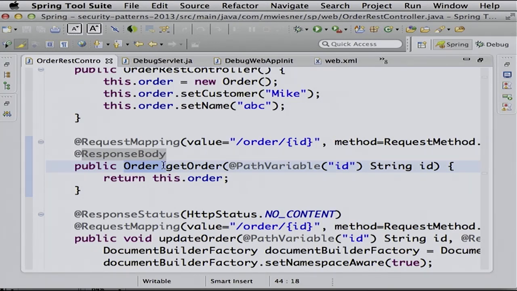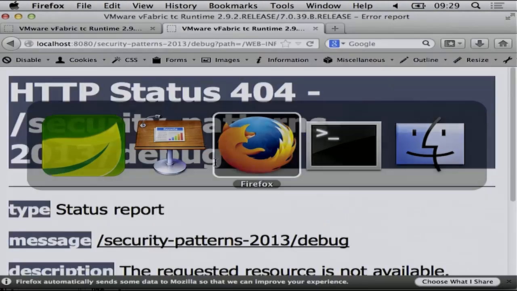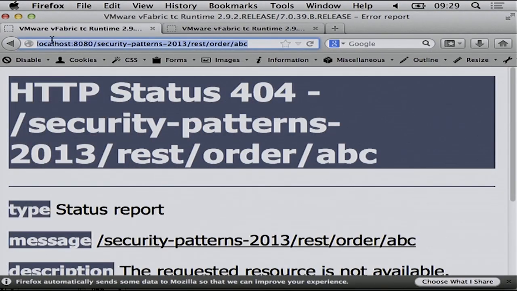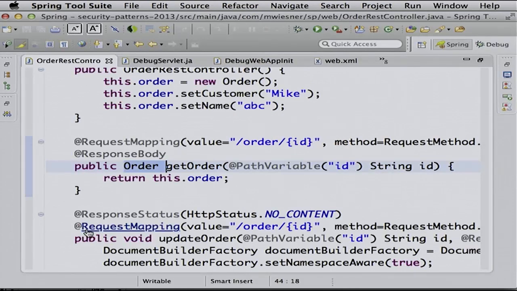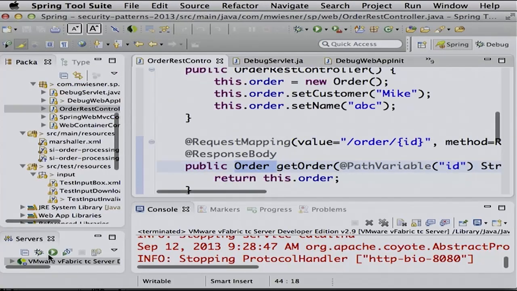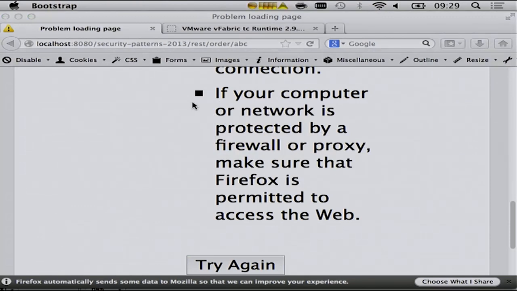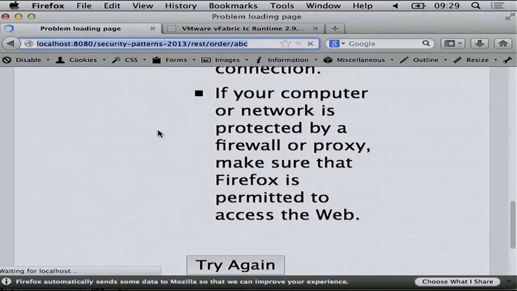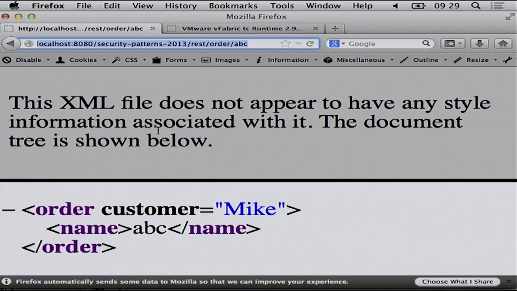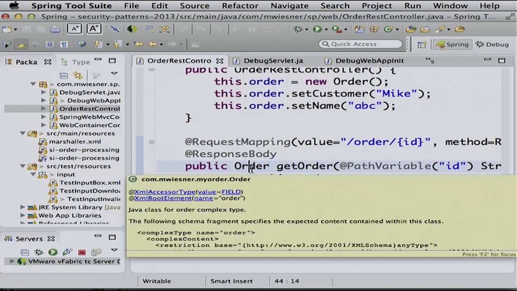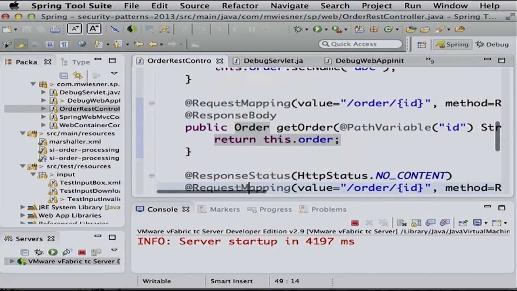Whatever the client put in their accept header. Right. That is one of the features of Spring. It will be converted into whatever: XML, JSON, yeah. So in our example, what we see here is, oh, I have to start it, obviously. It will get converted into XML. Why? Because the client requested it. I will come back to that later.